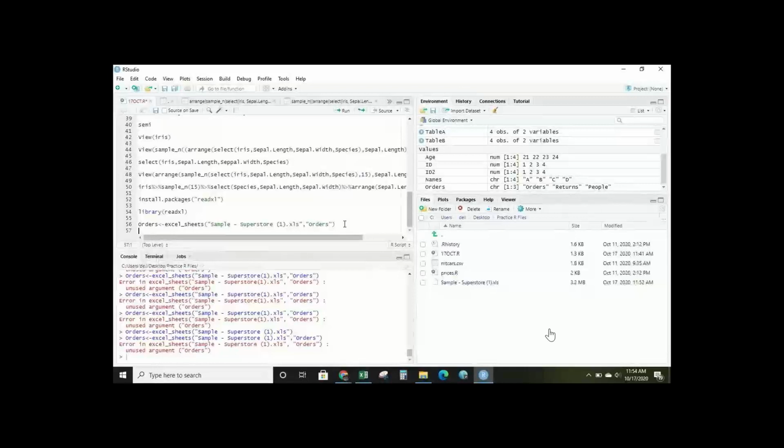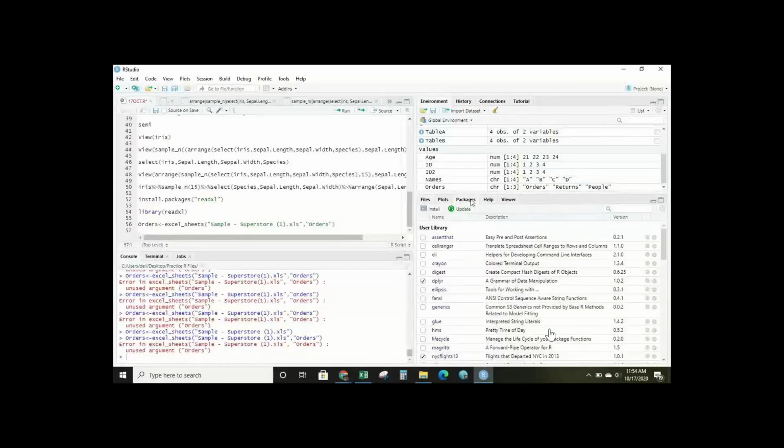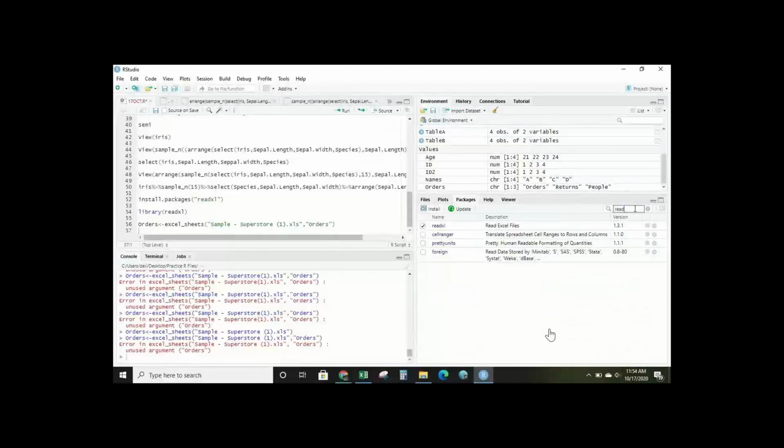Still giving the same error. Can you click on the packages once? Type read Excel over there. I just want to check it out. It is finally coming. Go there. Okay, I see this.